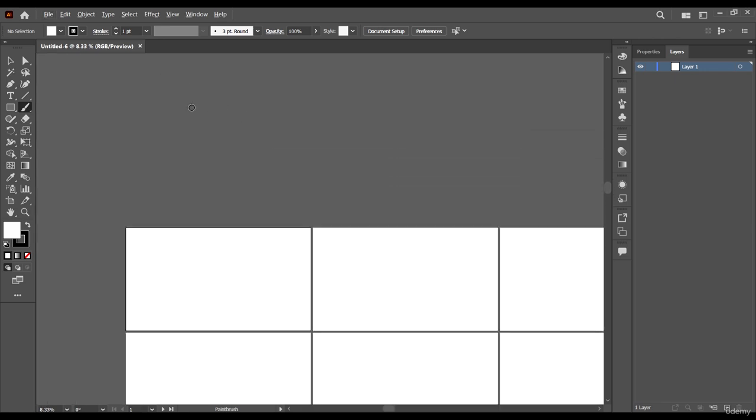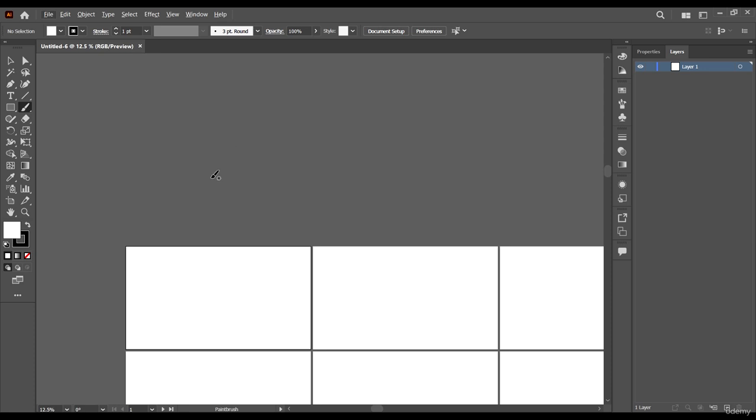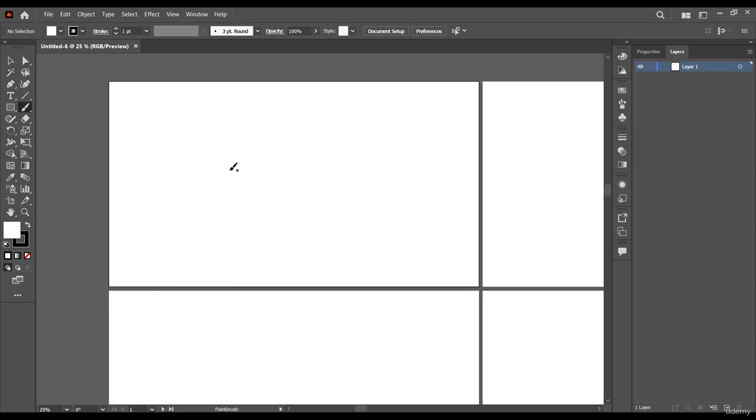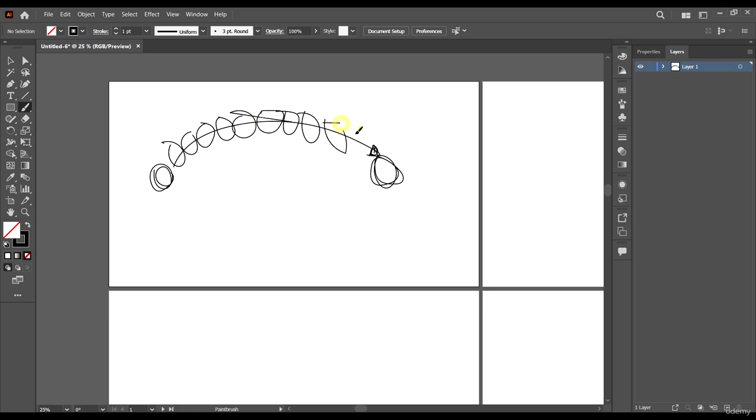Now I just want to give you the concept of how animations are created, so you have an understanding of what we are trying to do here. Animations work in this way. If you want an animation, let's say of this ball from this point down to this point along this path, so it has to fly along this path and land here, what has to be done is you have to create several images of this ball down to this point. So we have one image here, the next image here, the next image here, just like this, down to this point. And then these images are now combined together